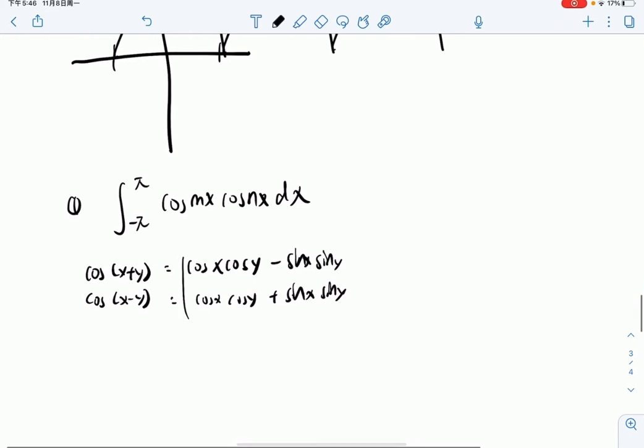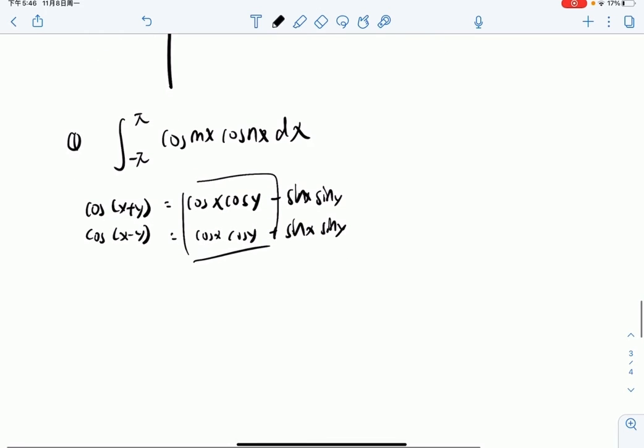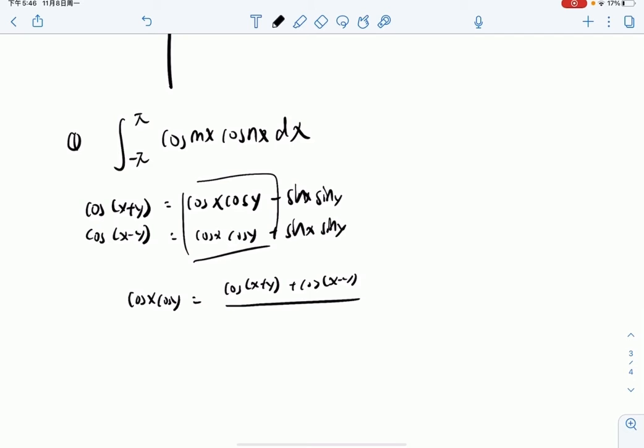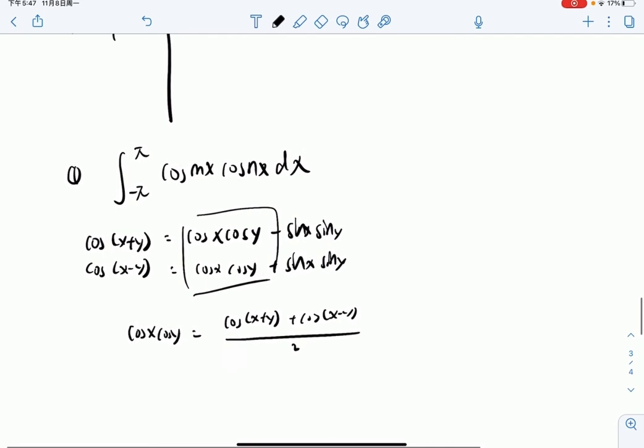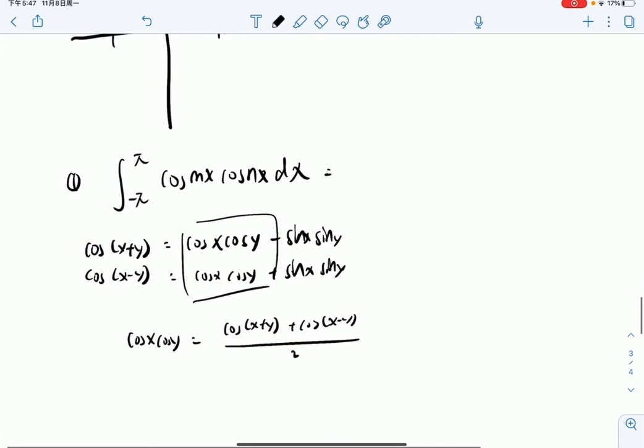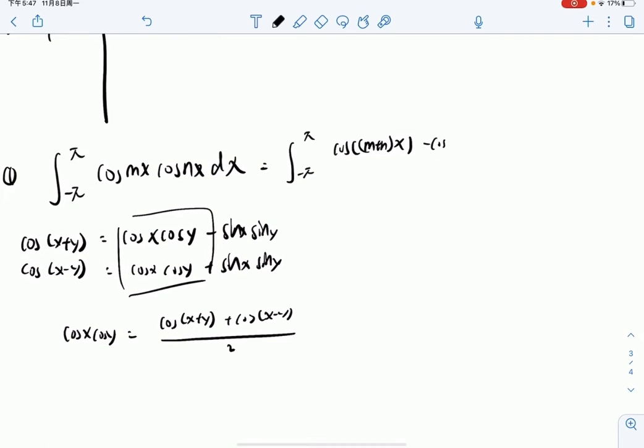So combining these two terms, we can get that cosine x cosine y is going to be cosine x plus y plus cosine x minus y, divided by 2. Now if we plug in, this term is just equal to cosine (m plus n)x plus cosine (m minus n)x